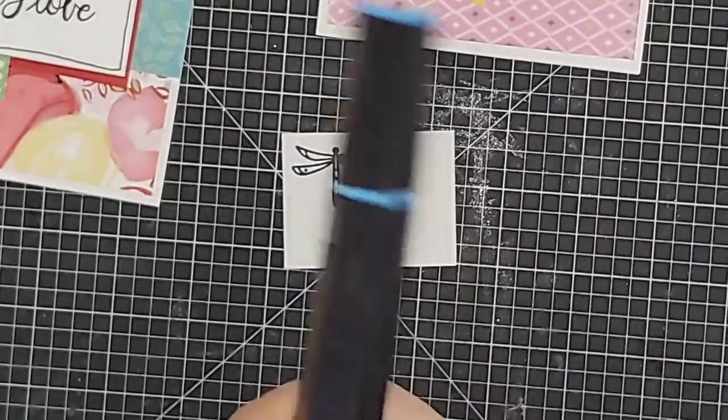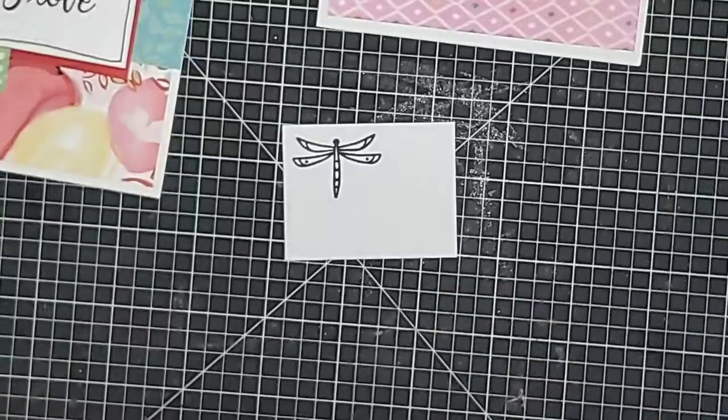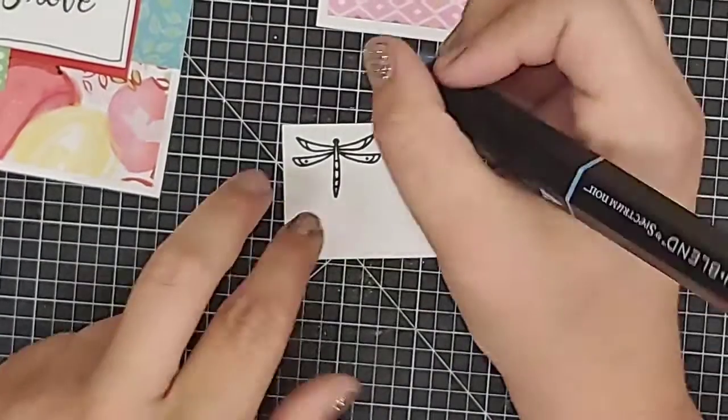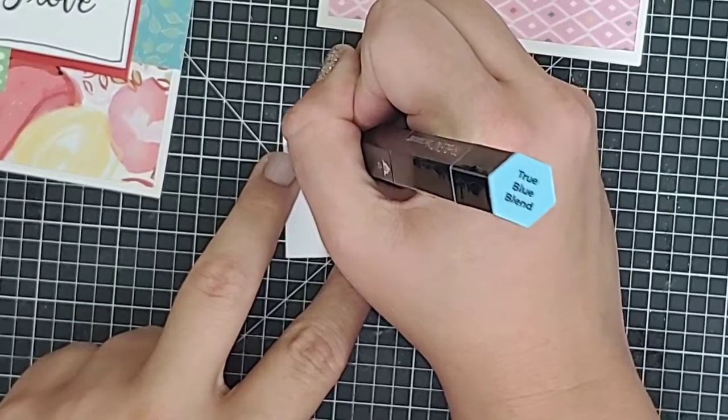So what I'm going to do is take my dark end. You could do medium, you can do the light. This is just personal preference. And all I'm going to do is just dab. I'm just going to do tiny little dots